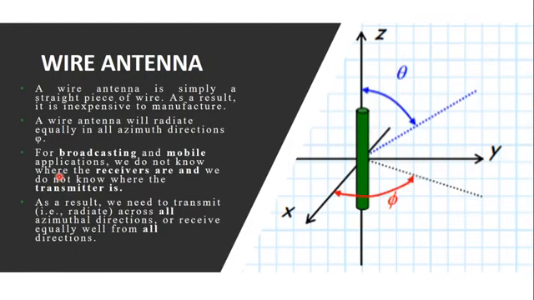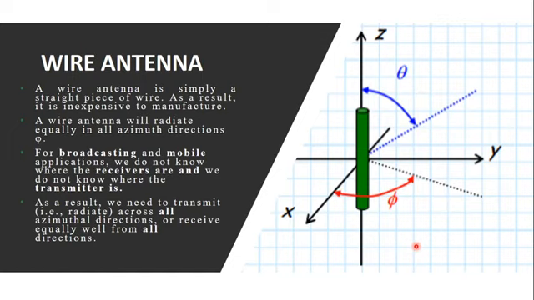Now, what is a wire antenna? As already said, a wire antenna is nothing but a piece of wire. And because of the construction, since it is just a piece of wire, we can say that the manufacturing cost is going to be very low. Now, the main feature of a wire antenna is that it is capable of radiating in the azimuth directions. It radiates equally in this azimuthal direction and therefore this has a very good radiation pattern.